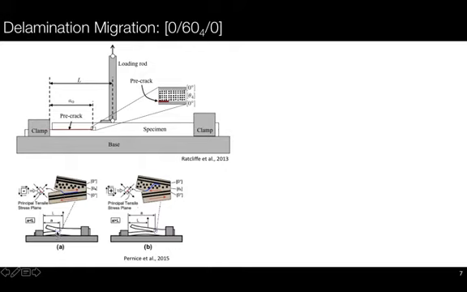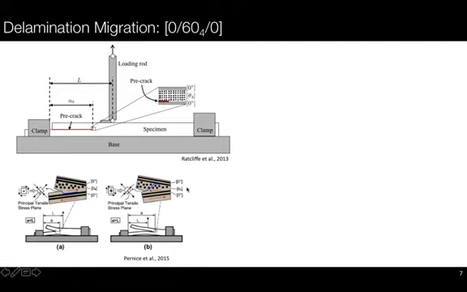Originally, when the crack tip is on the left of your loading rod, your principal stress direction is promoting the crack to propagate along the original interface. But once the crack tip passes the loading rod, the direction changes, and this stress state would try to promote the propagation of delamination onto the lower interface.